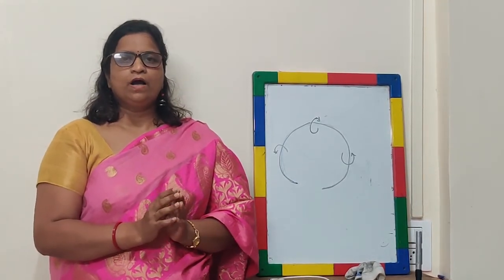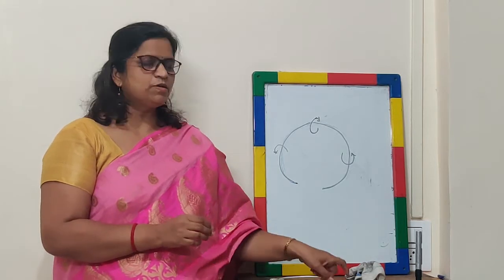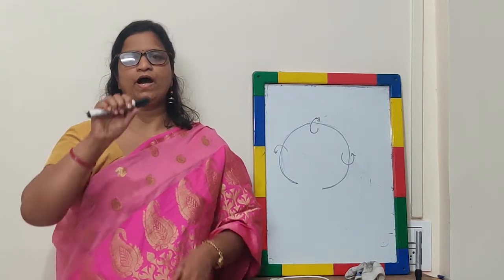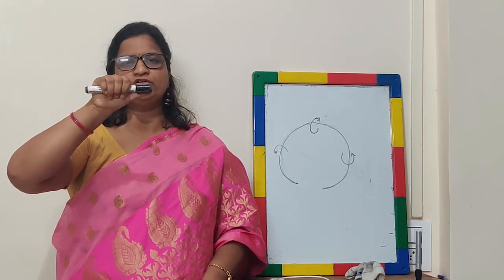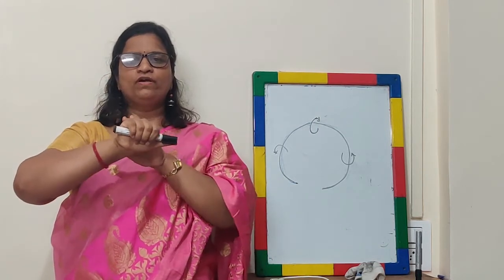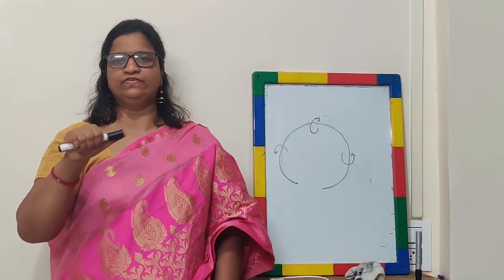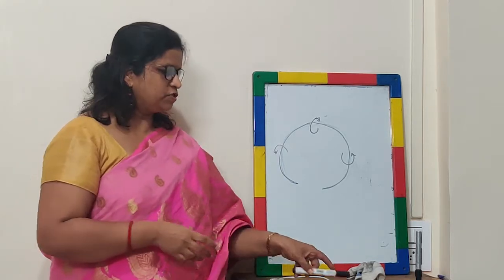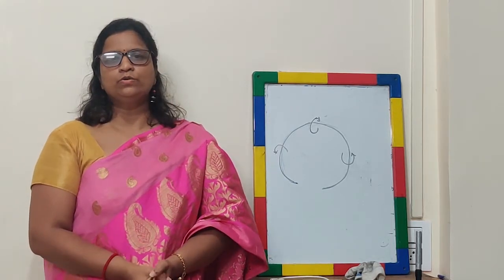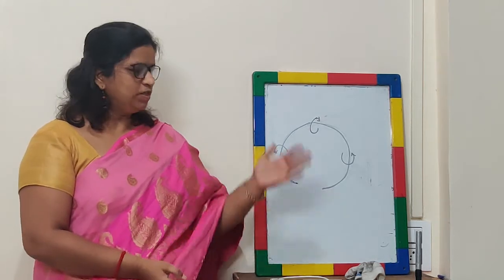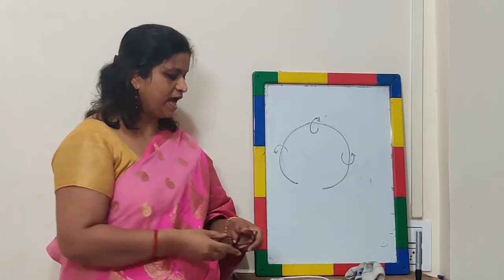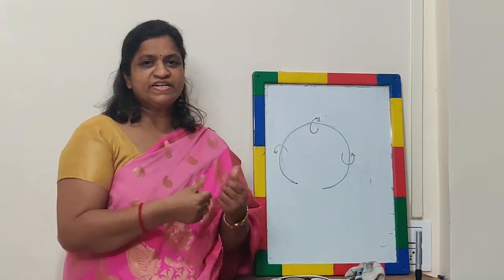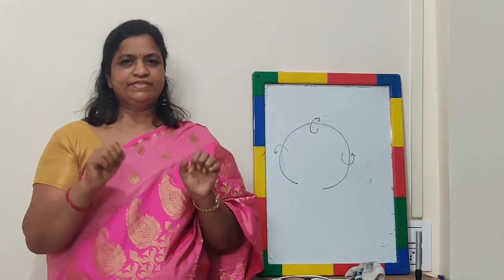Okay, so we are going to write that, suppose you are holding a conductor in your right hand like that, your thumb is showing the direction of current, then the other 4 fingers will show the direction of magnetic field lines. This rule is also called Maxwell's corkscrew law. Now in all these activities we discussed, the current was in a straight line, or it is a straight conductor.